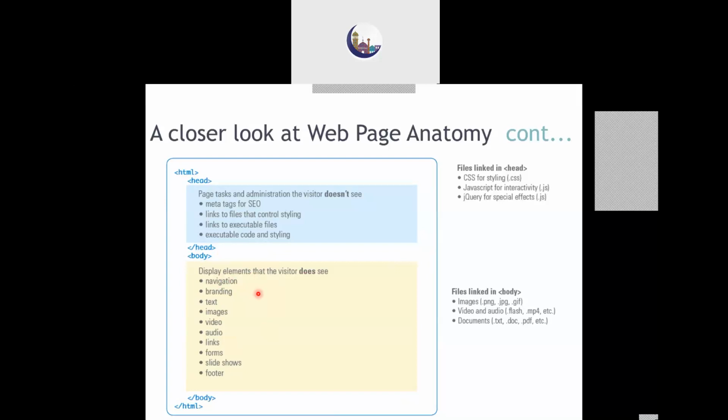Cascading style sheet is a different language and HTML is a different language. The cascading style sheet defines the styling effect to be introduced in the web page. So I need to link those cascading style sheet files, which have an extension of .css, into my actual HTML web page. To link them, we mention the links in this particular head itself. So the second thing listed over here is the links to the files that control the styling.